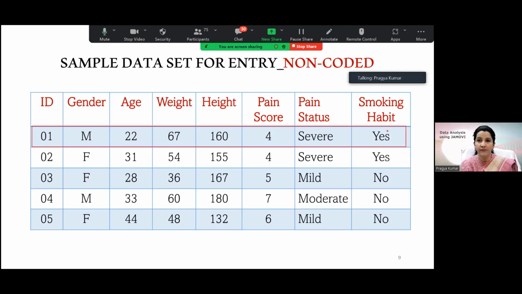Did you get it? All of you. This should be noted, because otherwise, even for people who are senior, you will see that once you get these sheets, it will be very difficult for you to redo or get the entry done again. So each column is for one variable, like you can see here, gender, age, weight, height, pain score. Each column is for one variable, and each row is for one subject, study subject, or the unit of